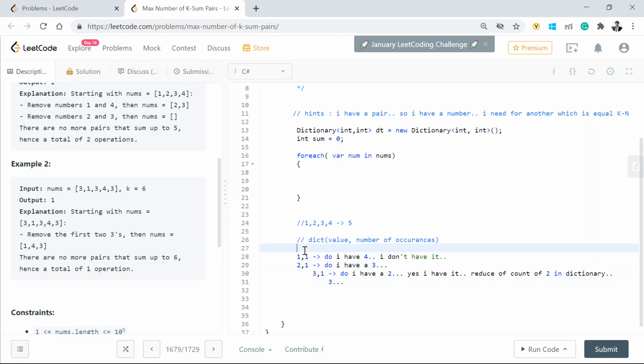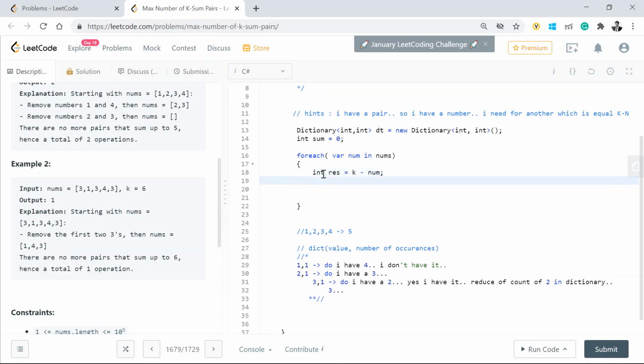So that's the intention which I'm looking at right now. Just maintain the sum of the count of occurrences of a given variable and just manipulate on top of it. So what is my residual right now? Once I have the value num, the remaining part is k, because that's what I'm looking for.